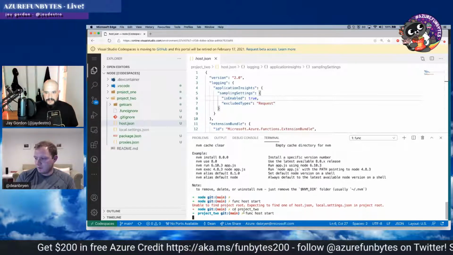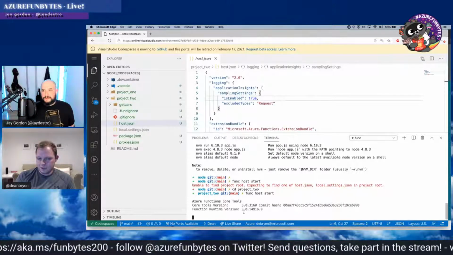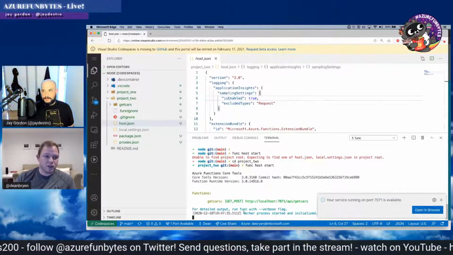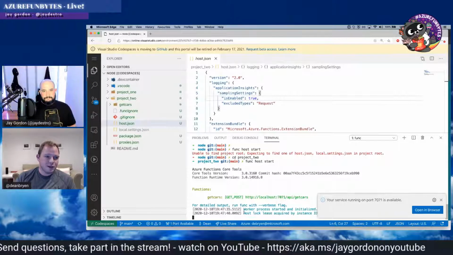CLI, still going to CLI. Got to be in the right spot. Exactly. So that's actually running the Azure Functions runtime inside this Docker container in Visual Studio Code, which is